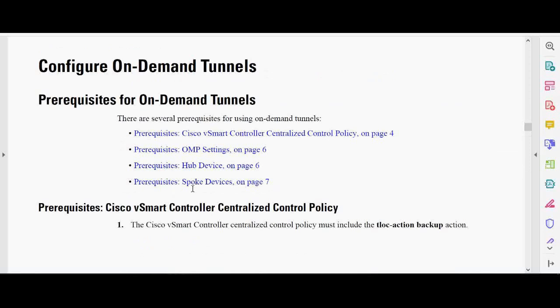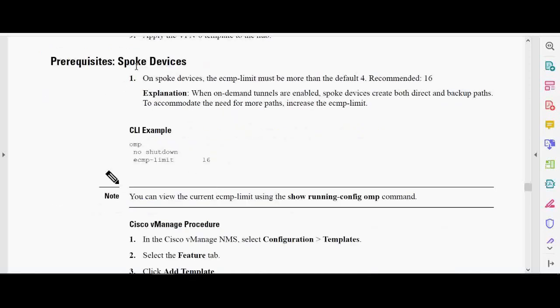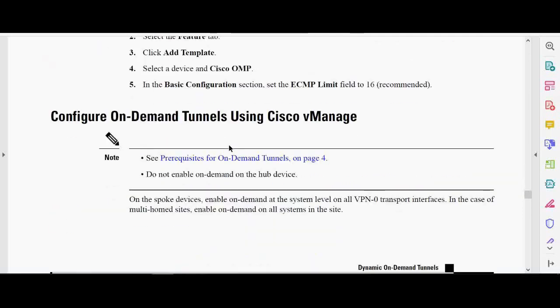The fourth step is the configuration on your spoke devices. On the spoke devices, under OMP, we have to enable the ECMP limit system. When on-demand tunnels are enabled, spoke devices create both direct and backup paths. To accommodate the need for more paths, increase the ECMP limit. And then we have to configure